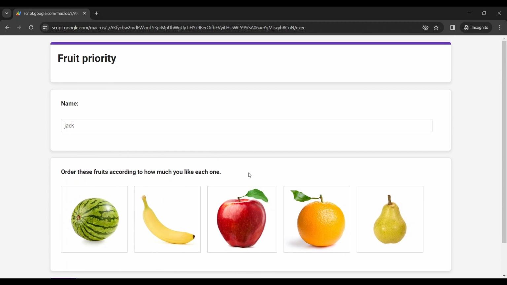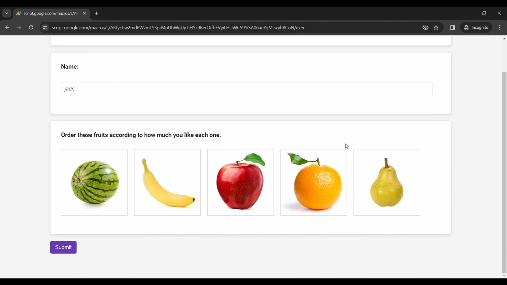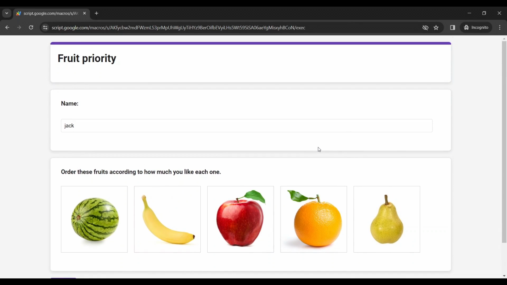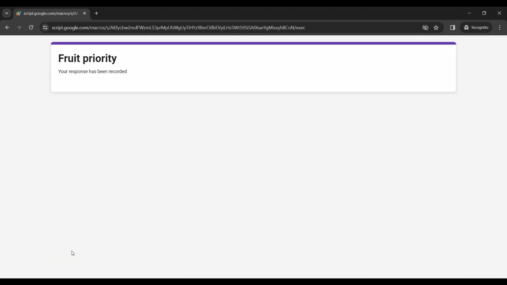This is something that's usually not possible in Google Forms, so I find it very useful because there are some types of questions that can only be answered this way, or it's more useful to answer them this way. Once we have all these elements, we hit Submit and get a confirmation of submission. This information will be sent to a Google Sheet that we've prepared in advance, and I'll show you how to